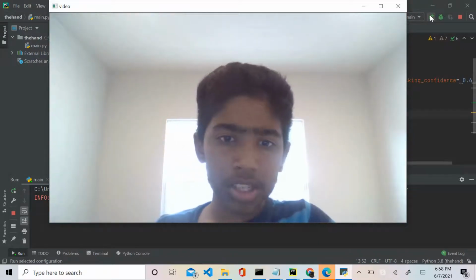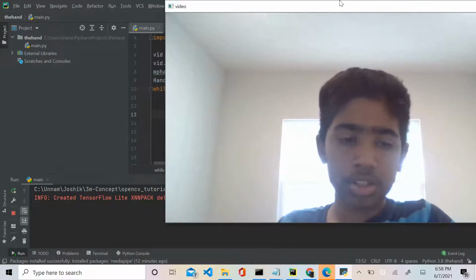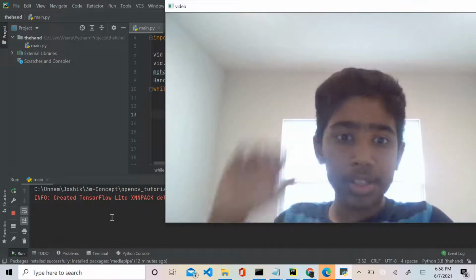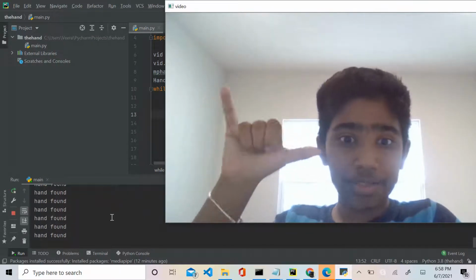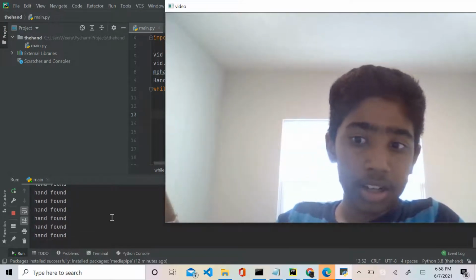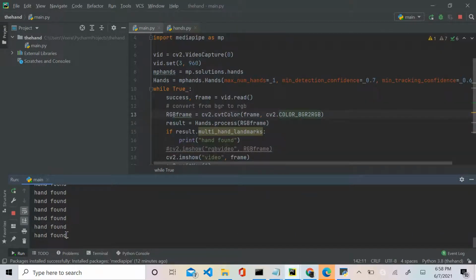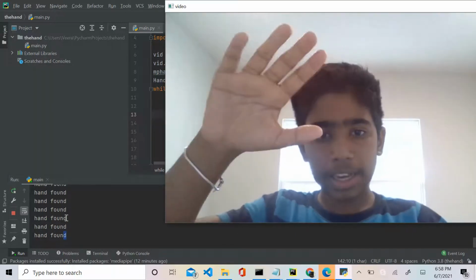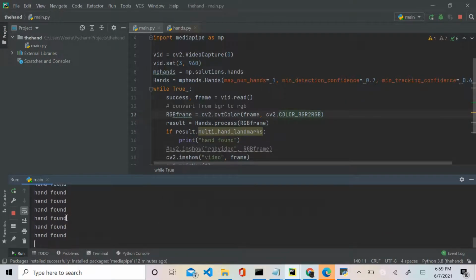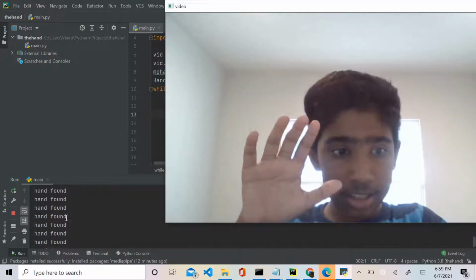So as you can see, there's nothing, but let's focus on this. When I put my hand in, it says hand found. The second I take it out, the hand is out of the frame, and hence it stops. Now I can bring my hand back in the frame, and it continues. So as you guys can see, stop, in, out,